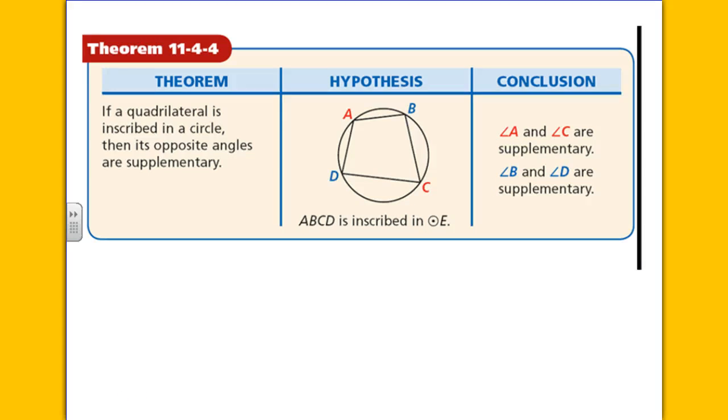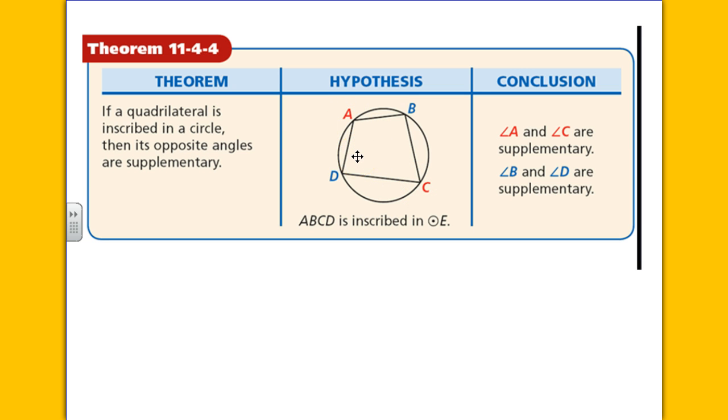Quadrilaterals, finally. We know the sum of the interior angles of a quadrilateral is 360, because we can have two non-overlapping triangles in any quadrilateral. So even if it's not a perfect rhombus or a square, rectangle, or whatever, we know that those angles are going to have the sum of 180. And an inscribed quadrilateral has 360, and we know that the opposite angles are